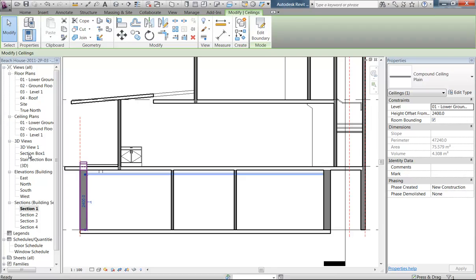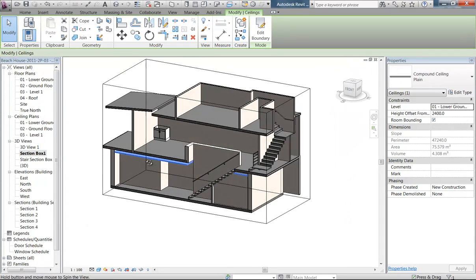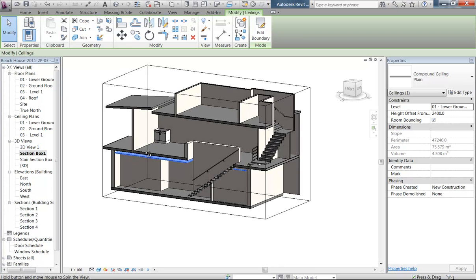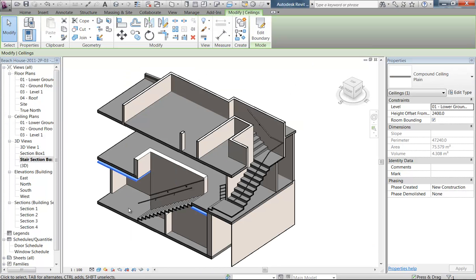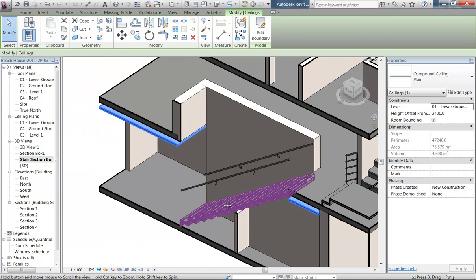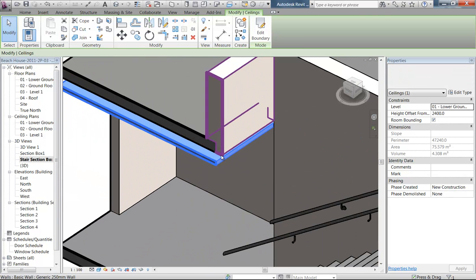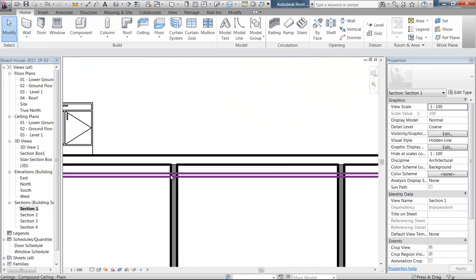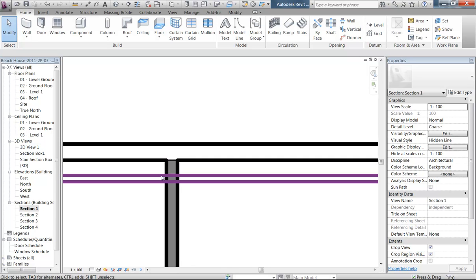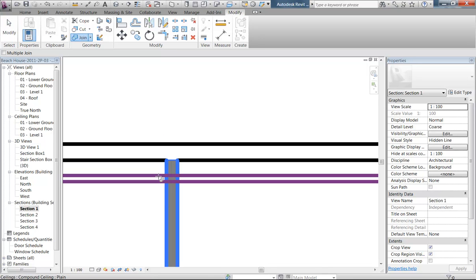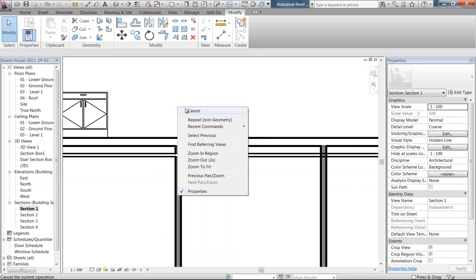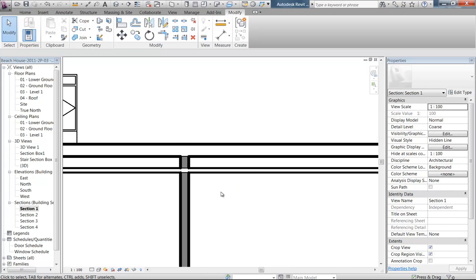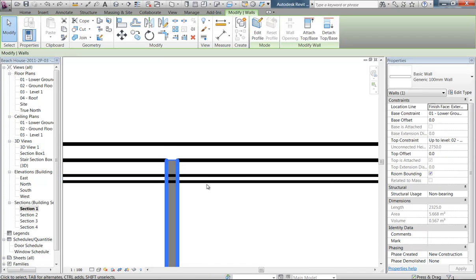Now I'm going to check in the section box view, just so you can see exactly what's happening there. So we've got a few gaps there to sort out. Firstly, in the section view, I can tidy these areas where the ceiling and the floor and the walls intersect, just using join. Join those things together. Now that actually is going the wrong way. So